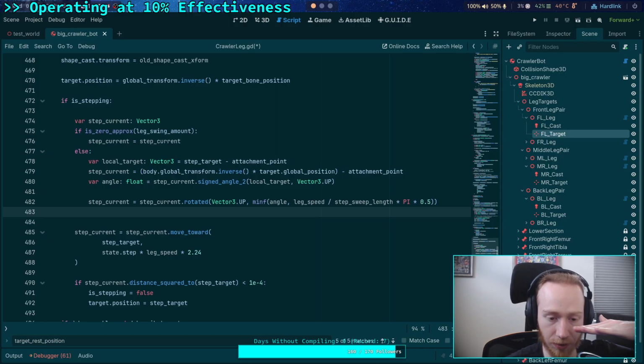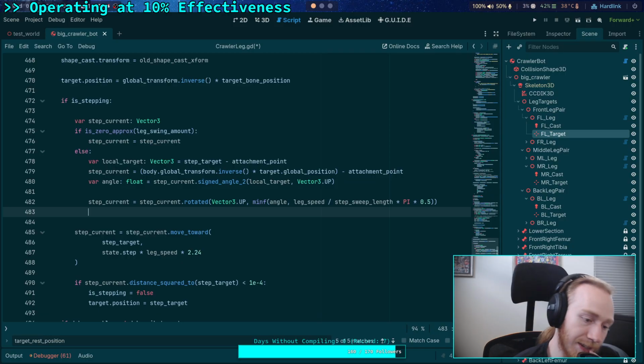Essentially, I'm just taking this vector and I'm spinning it towards it. And then, but there is like the down and the whatever, so